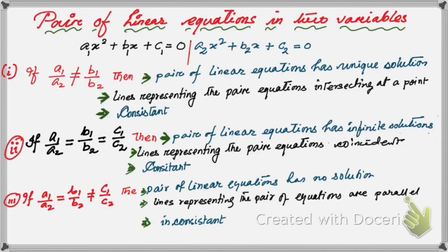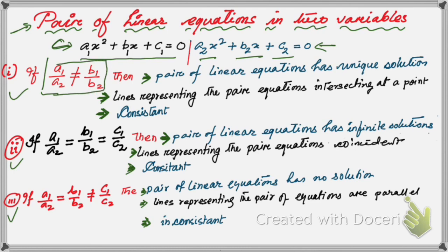So MCQs on this chapter, pair of linear equations in two variables, are generally asked based on these three conditions of linear equations. Suppose these two are linear equations: a1 x plus b1 y plus c1 equal to 0, and a2 x plus b2 y plus c2 is equal to 0. So here you see, if a1 by a2 is not equal to b1 by b2, the pair of linear equations has a unique solution, and the lines representing the pair of equations intersect at a point,